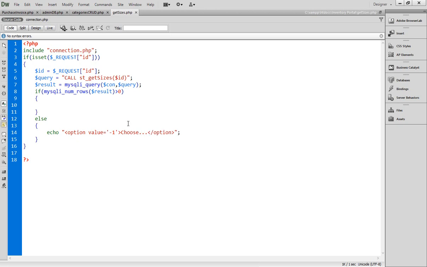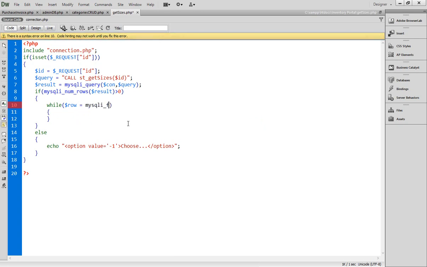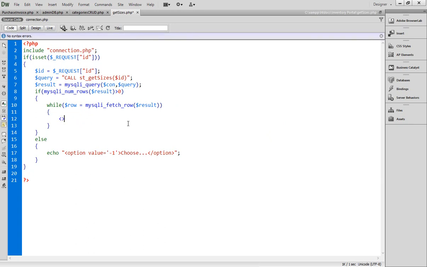Okay, so that's the first thing. Now if the records are available, then come inside and create a while loop and pass $raw a variable equals to mysqli_fetch_row and pass your result here, so row-wise we get the result, and then we have to pass this result into echo,